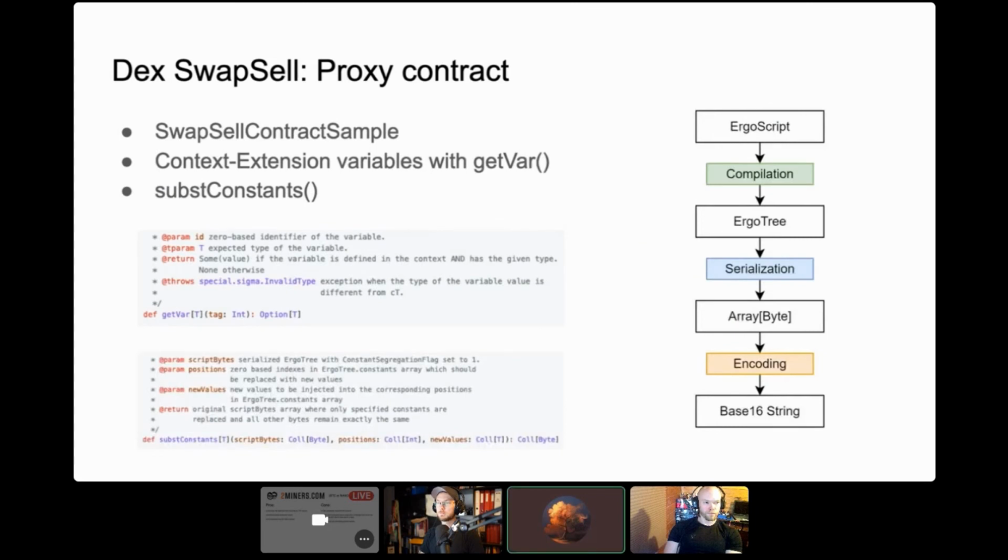So I'll just go a bit over the proxy contract, what makes it possible, really. We have two main concepts. First is context variables, and then the constants inside an ergo tree. So the first part, whenever the mining rewards get sent to the proxy address,